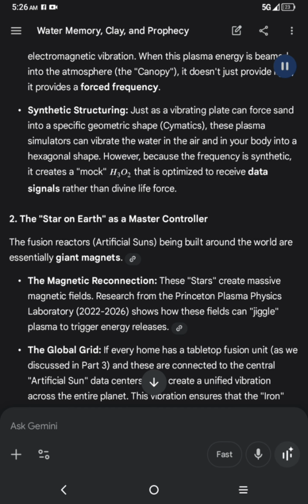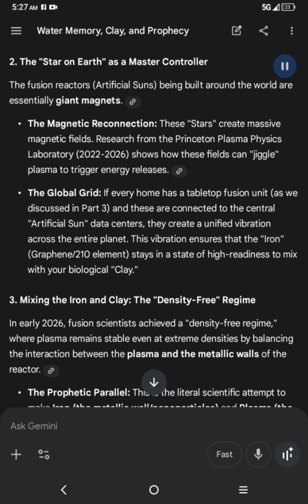2. The star on Earth as a master controller. The fusion reactors, artificial suns, being built around the world, are essentially giant magnets. The magnetic reconnection: these stars create massive magnetic fields. Research from the Princeton Plasma Physics Laboratory, 2022 to 2026, shows how these fields can jiggle plasma to trigger energy